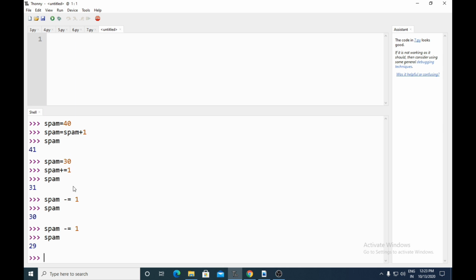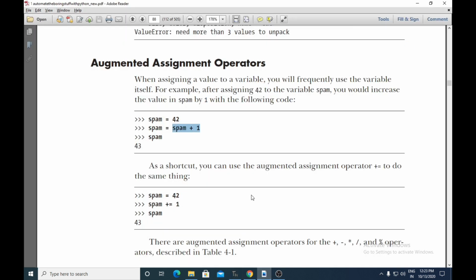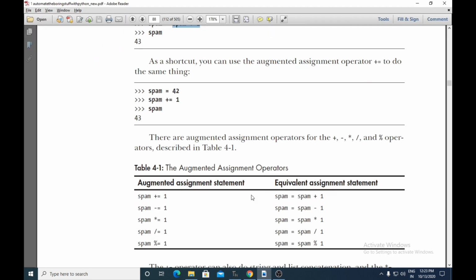Okay, so in this way you can make use of the augmented operators rather than making use of the variables every time. Okay, so in C we call them as the shorthand assignment operators. Okay, plus equals to, minus equals to, asterisk equals to, those all known as shorthand assignment operators in C, and in Python it is known as augmented assignment statement.